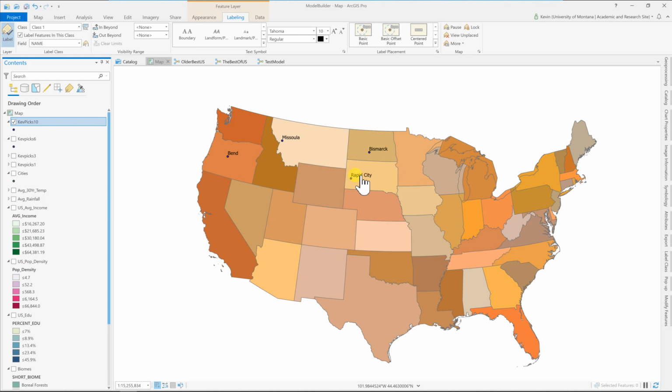All right, so that's the basics of Model Builder. It's a little bit tricky. Down in the description, I'll give you a geodatabase with all of this data, and I'll also throw a copy of the Toolbox with the best of the US model in it. On your computer, you're probably going to have to go into each one of the tools and set the paths and make sure that everything lines up correctly, but you should be able to get it to work.